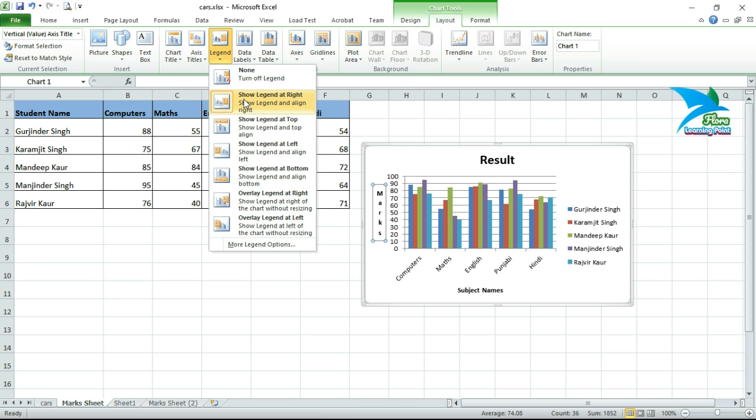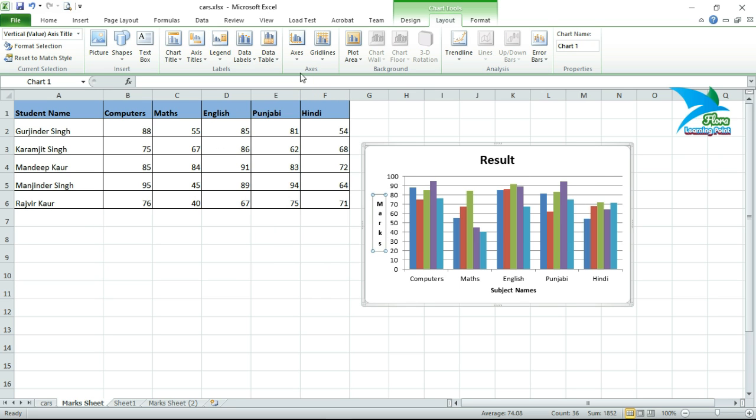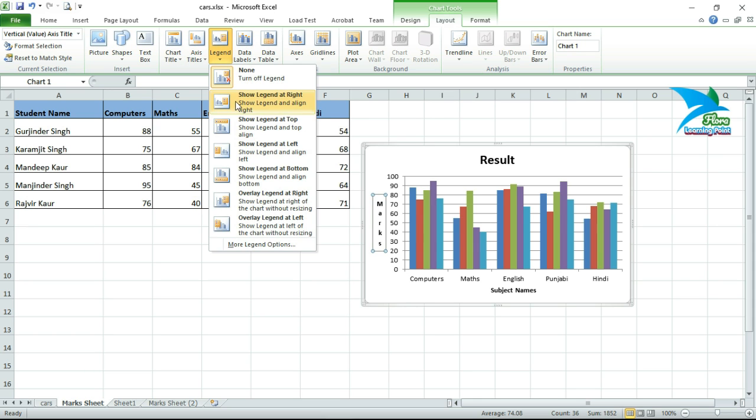And next we are having legends. Legends by default show legend at right. Here we are having the legend of this chart, and presently the legend is showing on the right side of this chart. So if you select none, then no legend will be there.